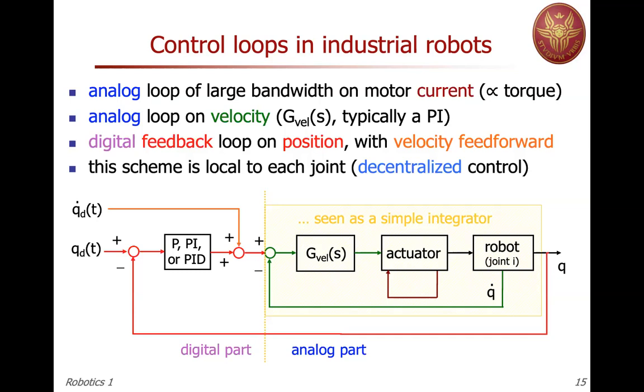So the coupling, if we are coming from a desired Cartesian trajectory, we have inverted the Cartesian trajectory with the differential kinematics or with the inverse kinematics in terms of position. And this is where we have uncoupled the things, because then we have a reference for a desired motion for each joint. And we keep this decentralization